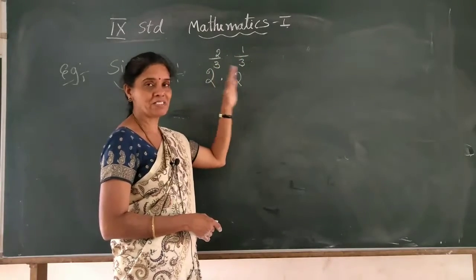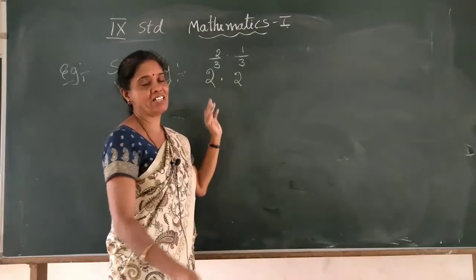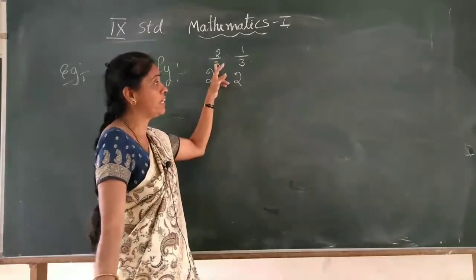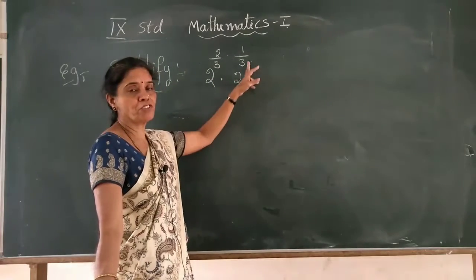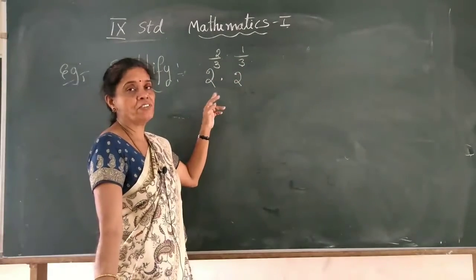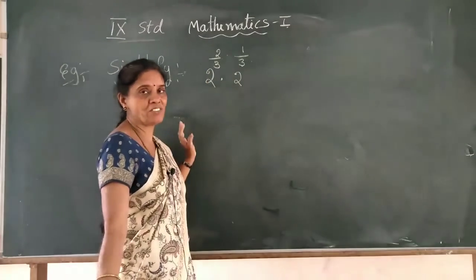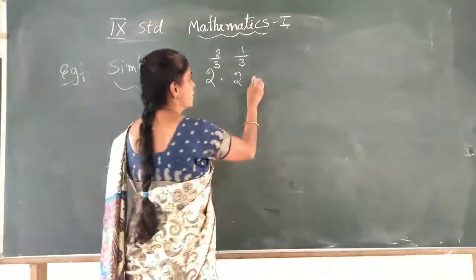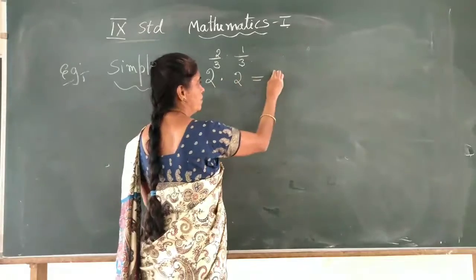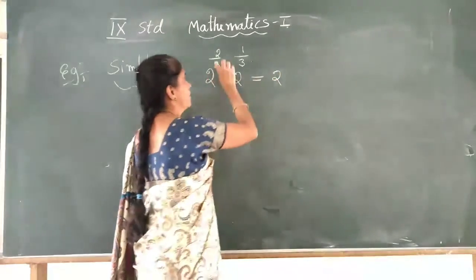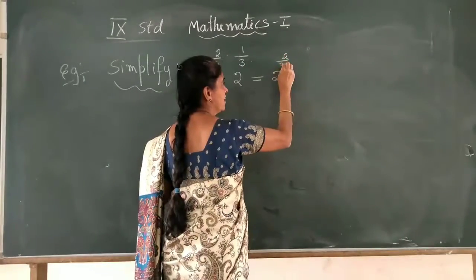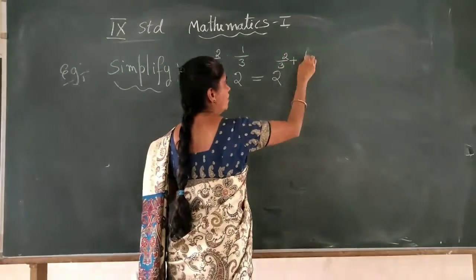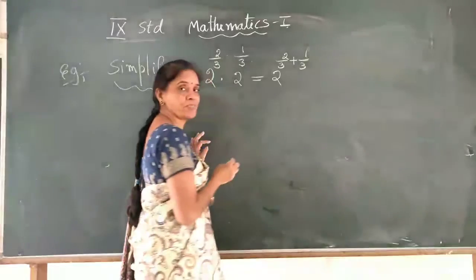A to the power of m plus n. But while writing in general, we have written here p and q, right? It is a to the power of p into a to the power of q. It is a to the power of p plus q you have written, right? So, we can apply the rule. Base is same. So, it is 2 to the power of this plus this. So, it is 2 by 3 plus 1 by 3, right?